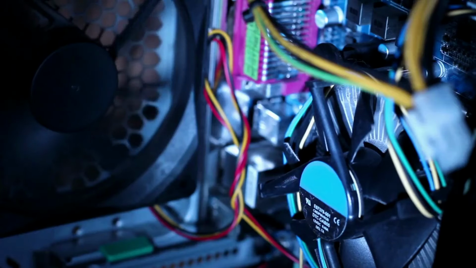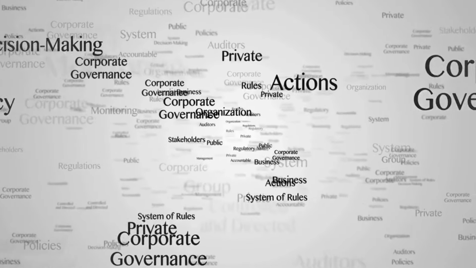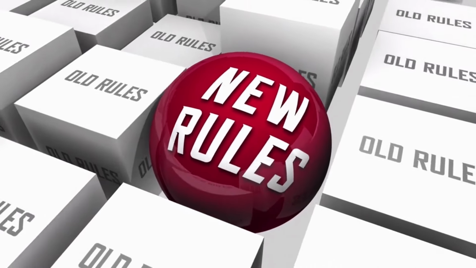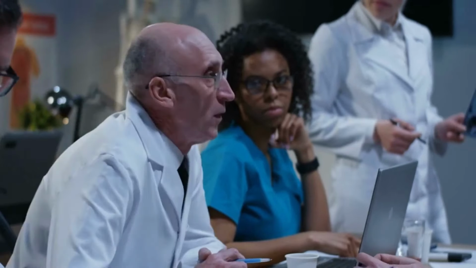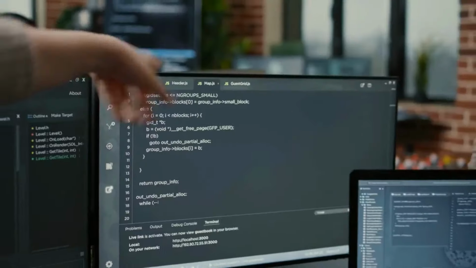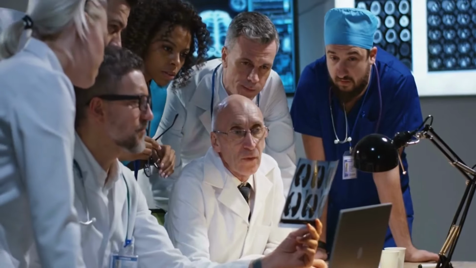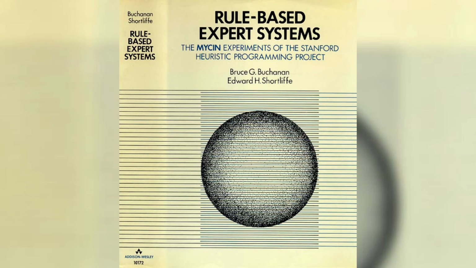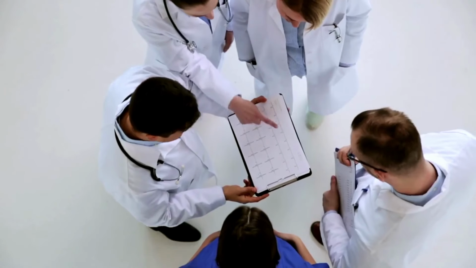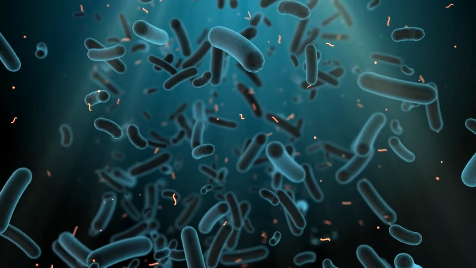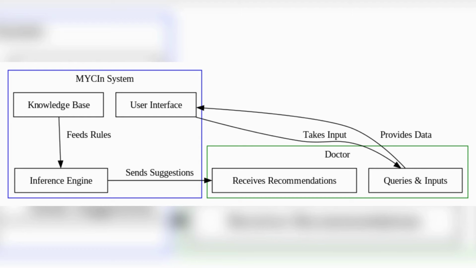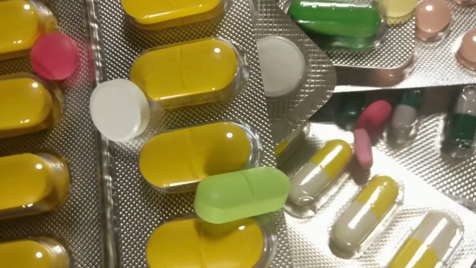The foundation of these systems was the knowledge bases, a vast repository of rules, facts, and heuristics. These rules were derived from domain experts who would share their expertise with AI developers. Consider the medical field. Systems like MYCIN were developed to assist doctors in diagnosing bacterial infections. By inputting symptoms and patient data, MYCIN would cross-reference its extensive rule-based knowledge to suggest potential diagnoses and treatments.